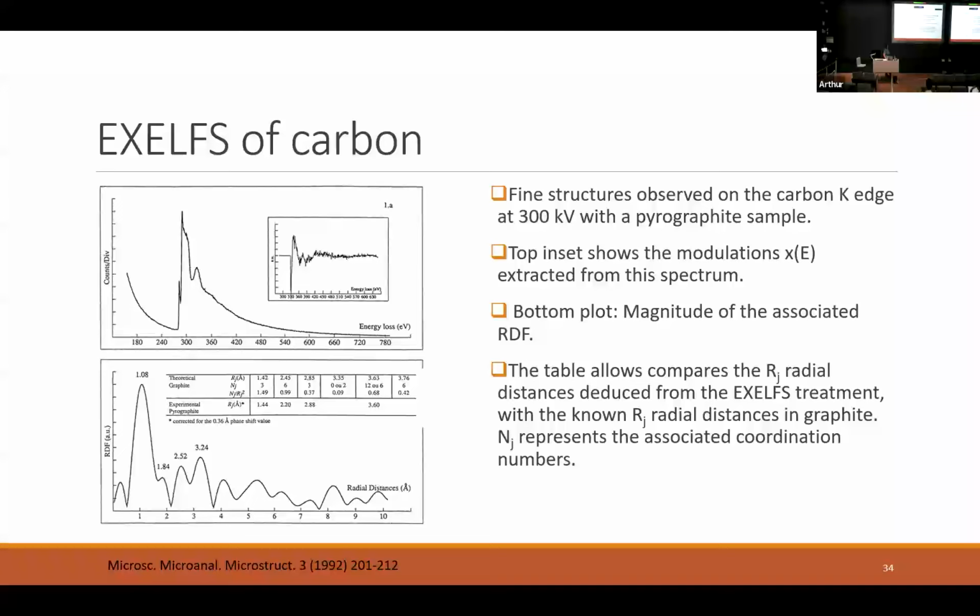So as well as the near edge spectroscopy, we can go further out and do EXELFS. This is analogous to EXAFS in X-ray spectroscopy. So what we do here is we get rid of this big peak here and we just start here and we fit the background and we subtract off. So this is just carbon, graphitic carbon. And what they're doing is they got this peak here. And similar to EXAFS, you're going to run that through some software and it's going to be able to figure out your nearest neighbor distances. So here you've got 1.08, 1.84. So you're able to figure out all the different coordination numbers or the radial distribution function of your material. So that's cool.